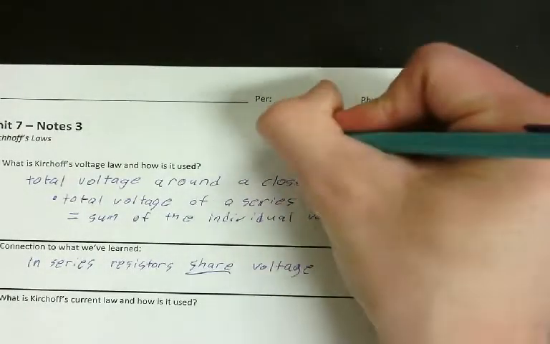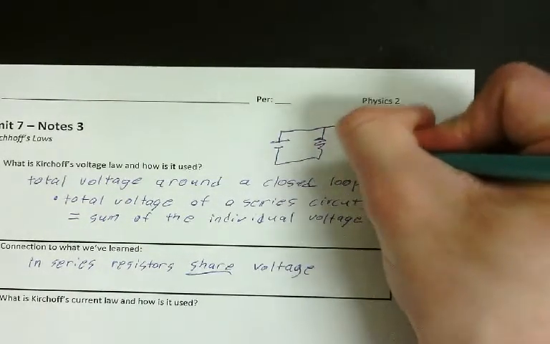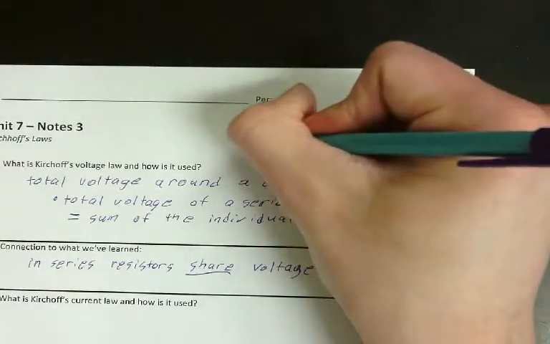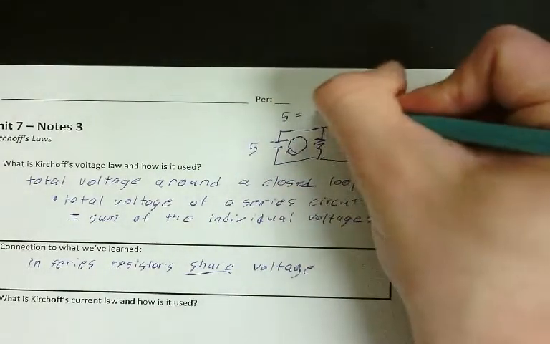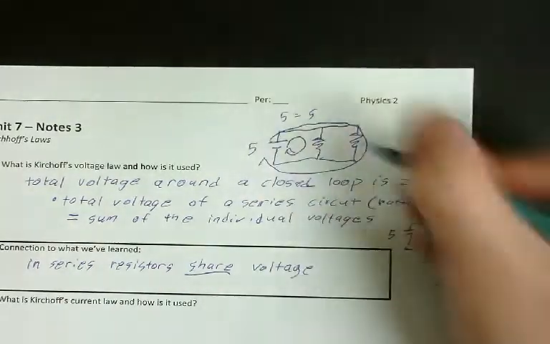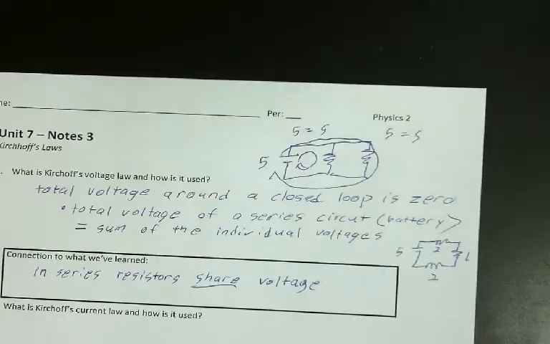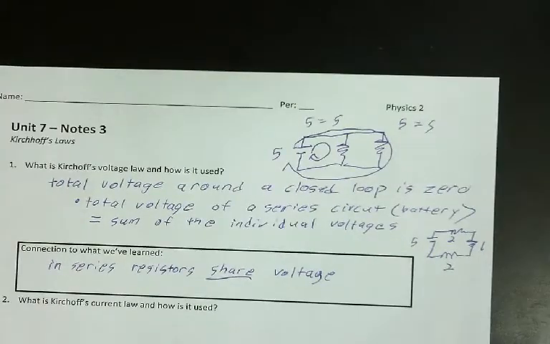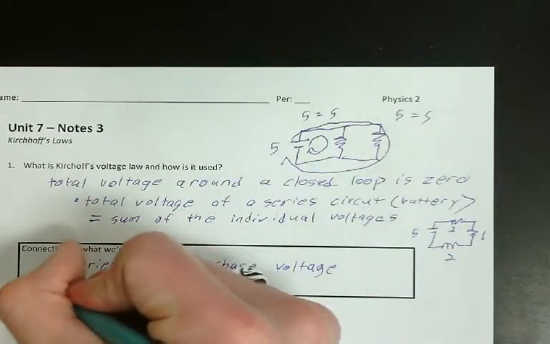Well, take a look at a parallel circuit here. So why are the voltages the same? Here's a loop. Let's say this is 5 volts. 5 volts for the whole thing would have to equal 5 volts for the individual. What about the outside loop? 5 volts for the whole thing would have to equal 5 volts for the individual. That's why things in parallel have the same voltage. Things in parallel have the same voltage because they are their own loop. So in parallel,